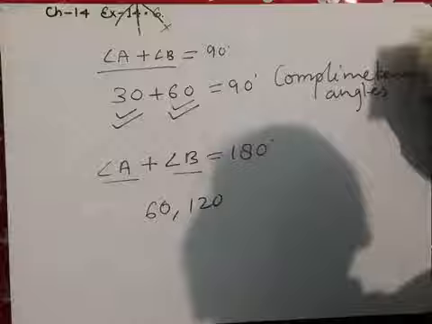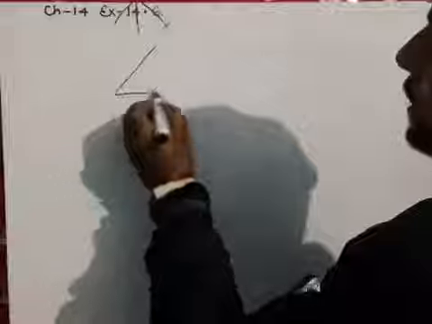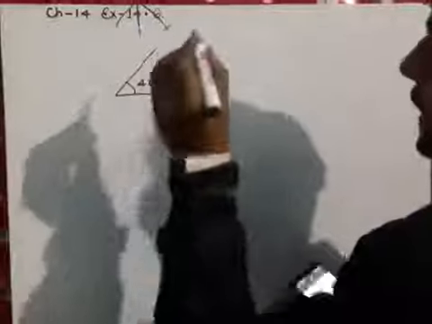Now we are going to draw the complement angle or supplement angle, whatever the question is asking. In question number 9, it says draw an angle of 40 degree, copy its supplement angle. So first of all, by using the protractor you have to draw the angle of 40 degree, and after drawing this, copy its supplement angle. What will be the supplement? Supplement means 180 minus 40, which is 140 degree. So we have to draw the angle of 140 degree.